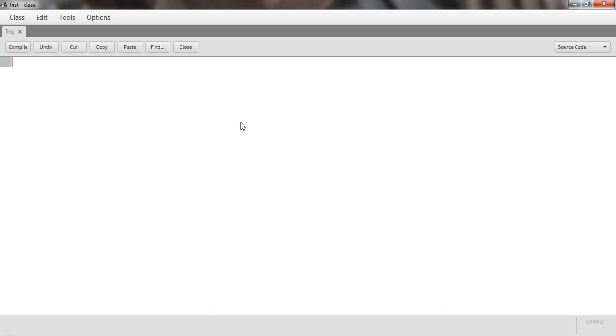Now we'll write public class test. After public class test, we have to open a flower bracket. After opening a flower bracket, go to another line and type void my method.